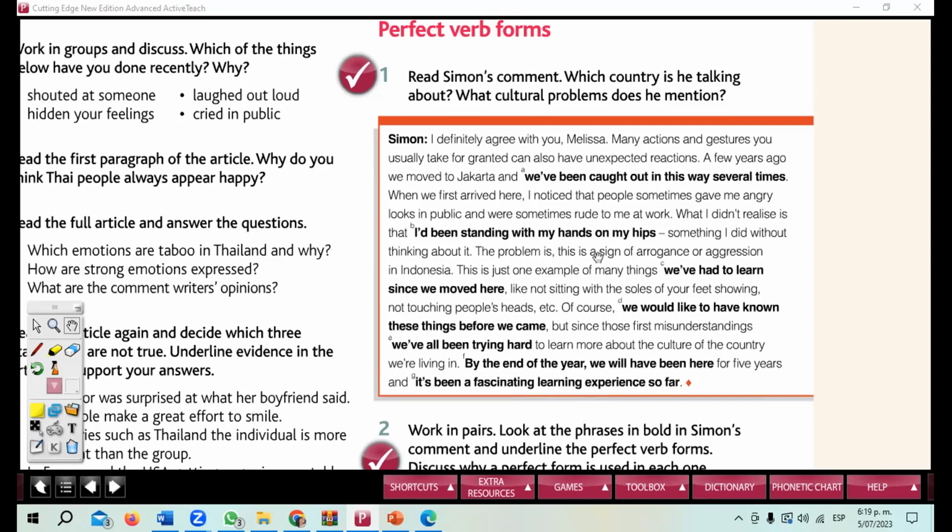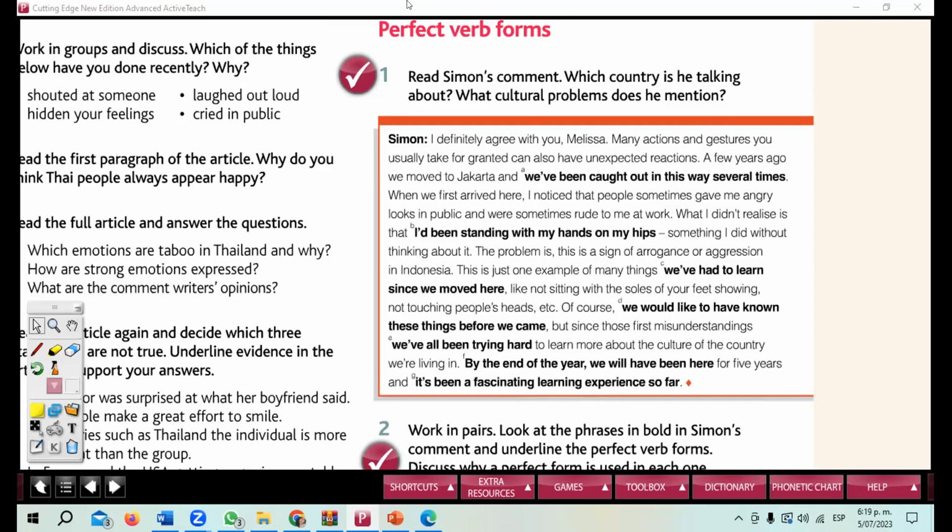The problem is? Yes, teacher. The problem is this is a sign of arrogance, of aggression in Indonesia. This is just one example of many things we have had to learn since we moved here, like not sitting with the soles of your feet showing, not touching people's heads, etc. Of course, we would like to have known these things before we came, but since those first